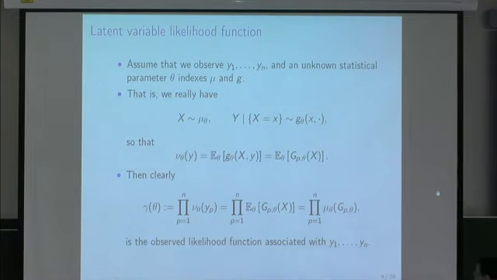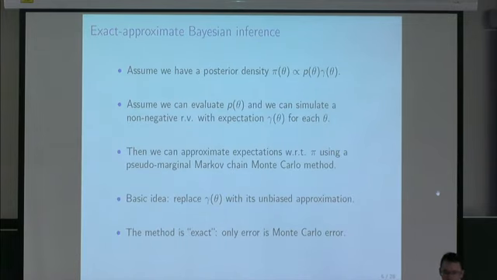Okay? And I will get to the substance of the approximation soon, but this is all just to motivate why we might care about this problem. One reason is we might want to perform Bayesian inference, where we already know that non-negative unbiased approximations of the likelihood function can be used in a fairly generic and easy way by practitioners to conduct inference. So here, I'm going to assume that you have some posterior density, pi of theta, which is proportional to some prior times this gamma of theta, right?